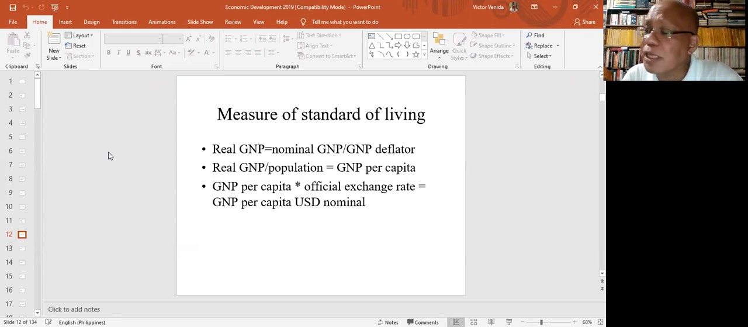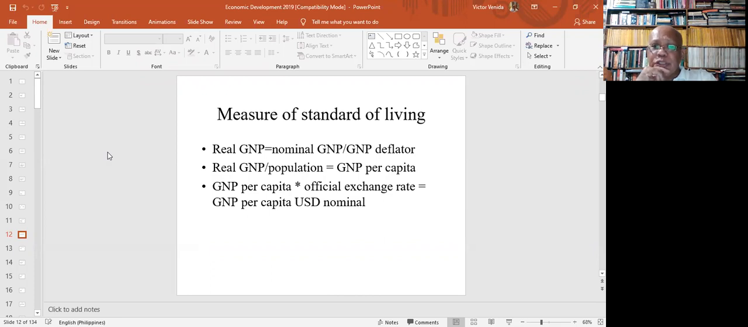And the thing about the official exchange rate is that it is actually very changeable. For example, right now the exchange rate of the Philippine peso to the US dollar is 48.50. Before the pandemic, it was 50.15. Which is why, in the World Bank data set,